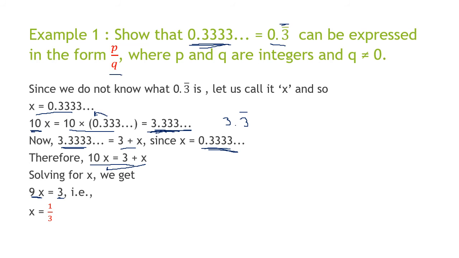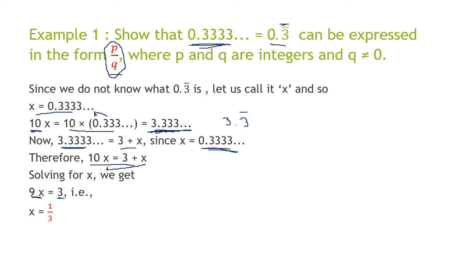So now here what we have done, we took a non-terminating but recurring decimal. What does recurring mean? Repeating. So when you take a non-terminating recurring decimal, you can always show it in which form? The p by q form. So we have here done the reverse to show that a non-terminating recurring decimal is a rational number. Right? This is one method. So have you understood the method? You can do it in one more way. I'll show you the next way, in the same slide.